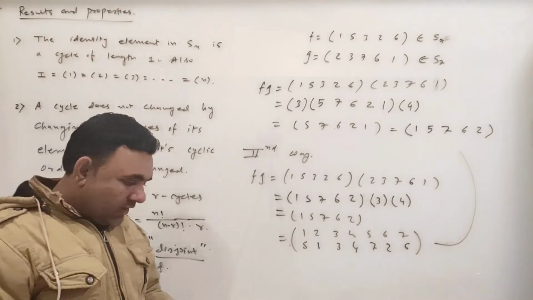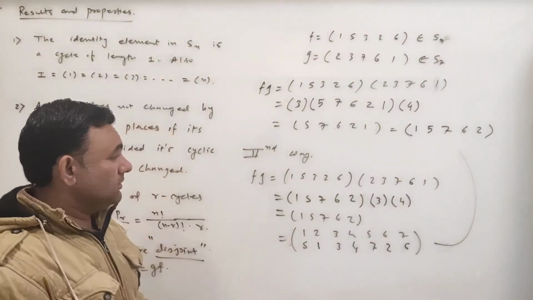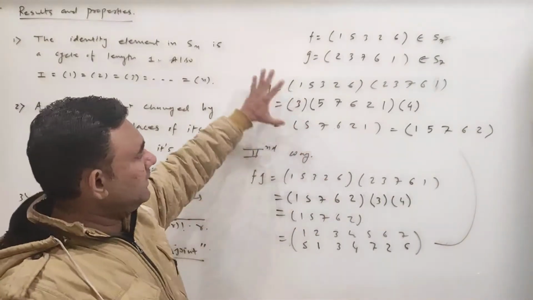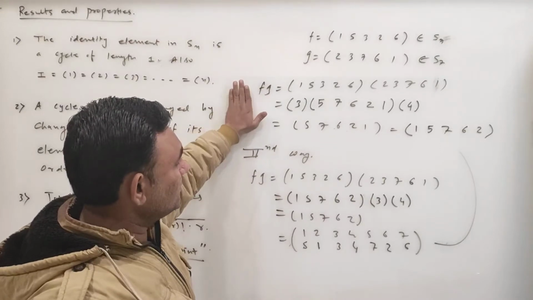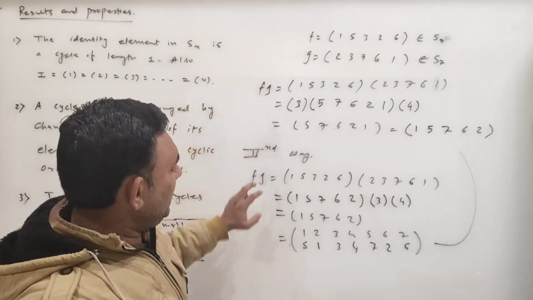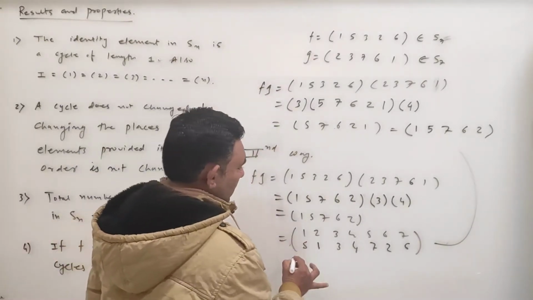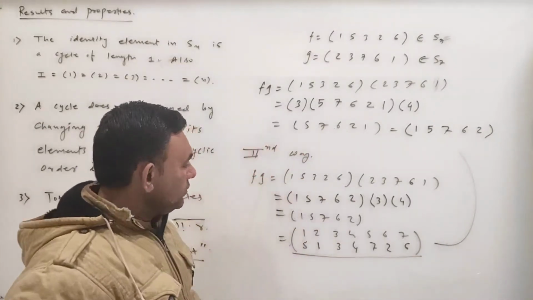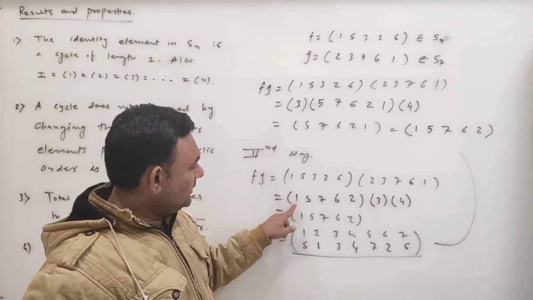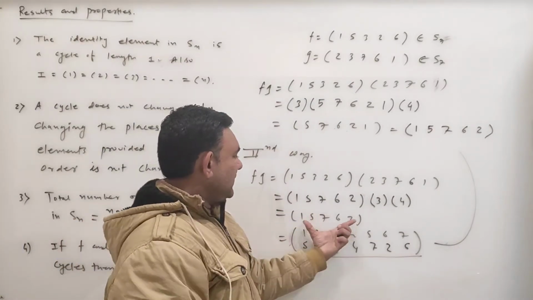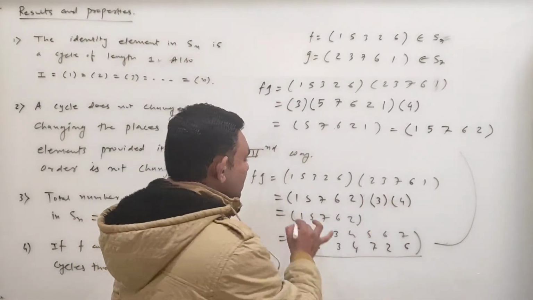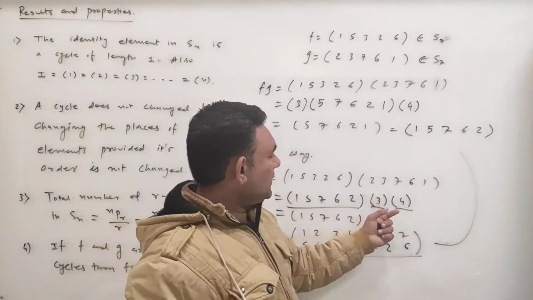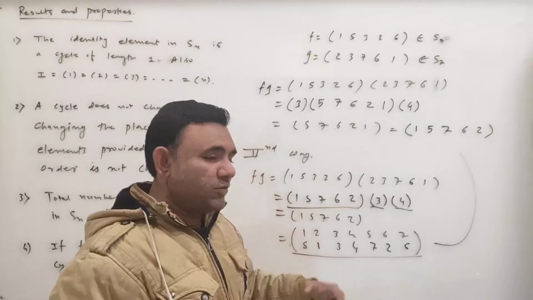लेकिन ये compute करने का फायदा क्या है? What is the benefit? Very soon we will see, but since we have this calculation on the board, let us discuss it. देखिए fg ये मेरा कोई permutation है, right? This is my permutation. तो इसको मैं कैसे लिख सका? In this way. If you forget this, then it is in this way. So this is what? This is a cycle. This is a cycle, and this is also a cycle. यहाँ पे 3 4 के बजाय कुछ और भी हो सकता था. ये permutation कुछ और है तो.